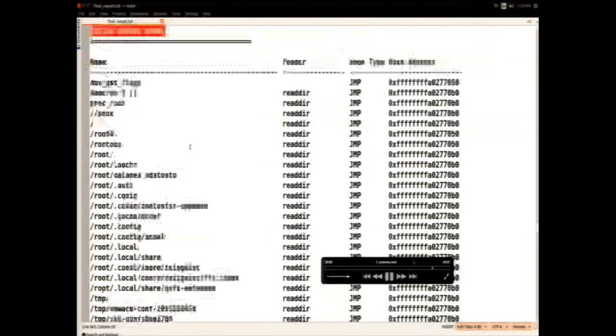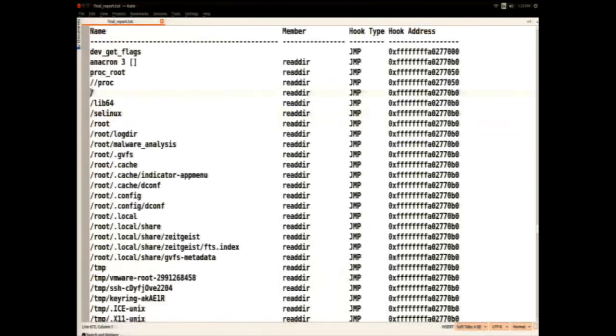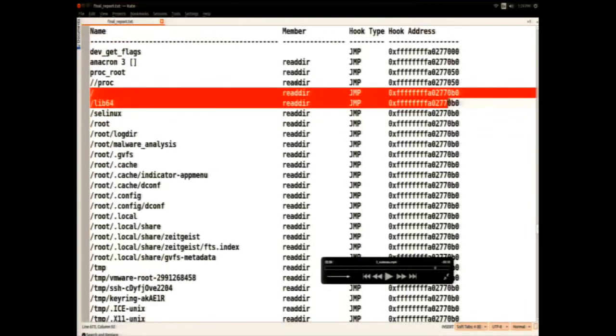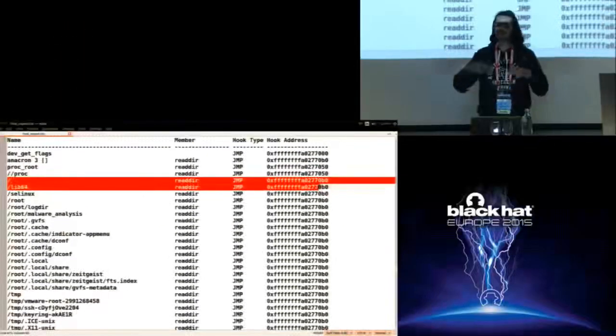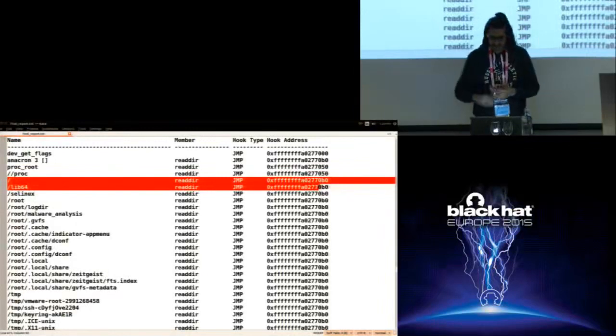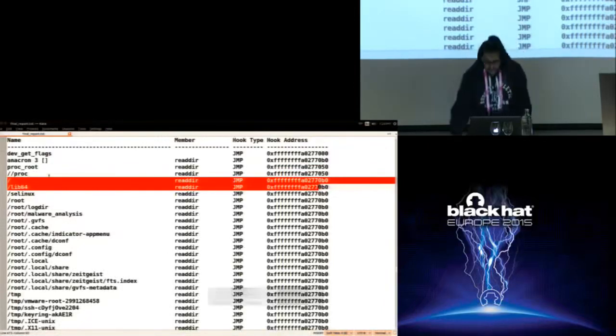In this case, you see that it is hooking the readdir function of the proc file system. Now, if you know, the kernel exports a lot of interesting information to user land through the proc file system. You have process-related information, there is a per-process directory for each process under /proc. There is modules information in the proc file system, and there is network-related information in the proc file system. So tools like ps, netstat, lsof, they all rely on reading these directories, which means they have to call this readdir system call.